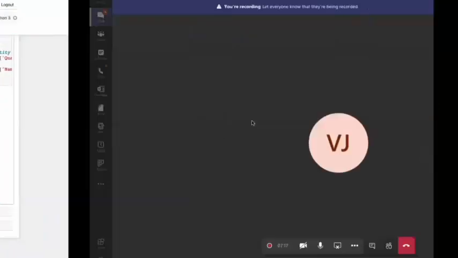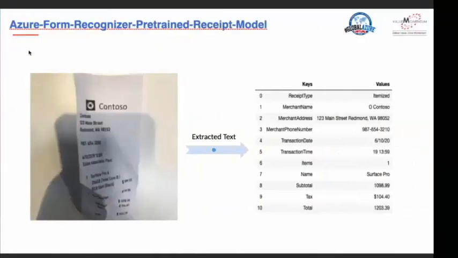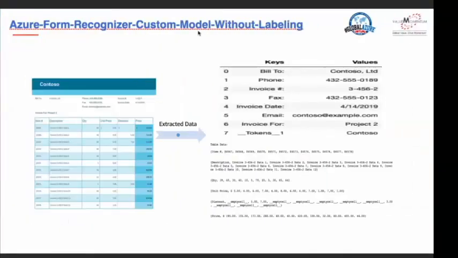And now the second model which I'm going to show you is a custom model without labeling. I've told you that custom models need some files for training, and after that we can use them for inferencing. What this model specifically needs is just our training images, not any additional information like labeling and annotation. So we will just provide some images to this model, and we will just use it for inferencing. Okay.